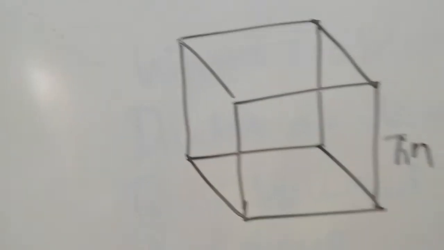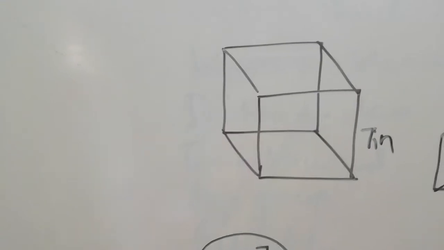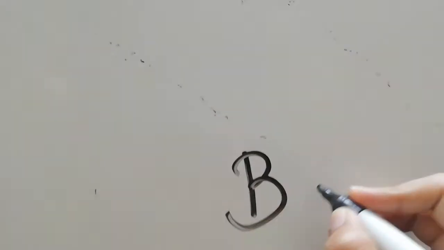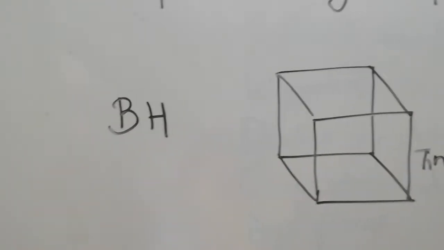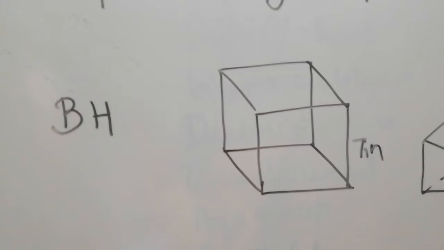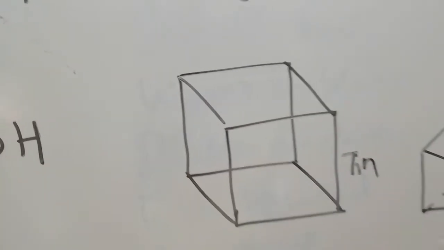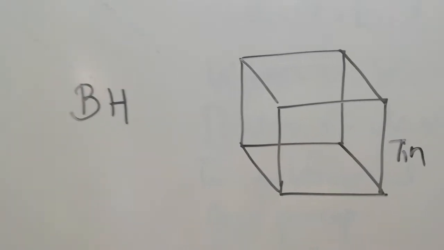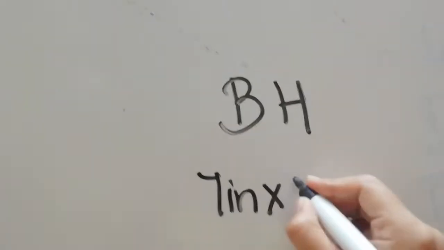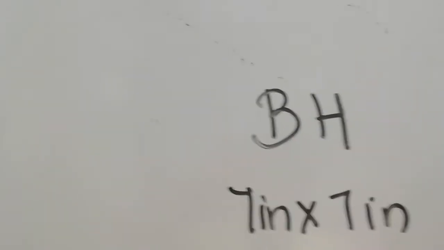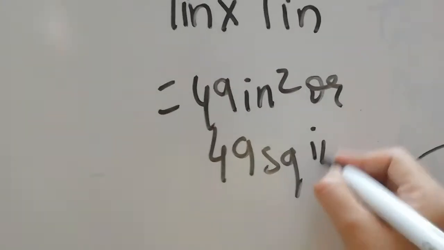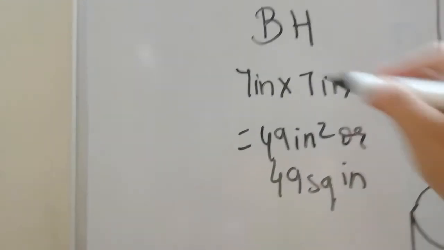Same thing for a cube. What is the base of a cube? The front side of a cube is a square. So that means the same formula again, it is BH. This B means the area of the square, where all sides are equal. So the area of a square is side square. So now it is 7 inch into 7 inch, which is 49 inch square, or you can represent it as 49 square inch also. Okay, so this is B, what we have found.